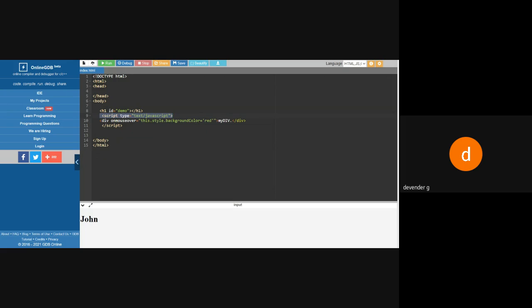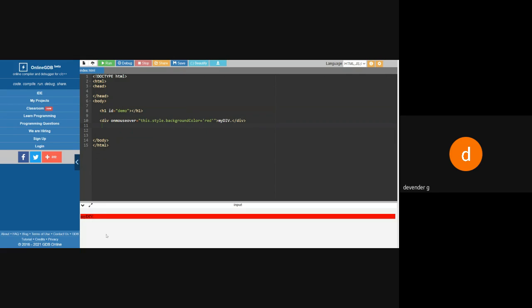When I'm using this dot style, if I'm using the this keyword followed by any function, then there is no need to write the script tag. Wherever you find this dot something followed by a function name, simply remember that we need not write the script tag. Whenever I go over it, I got the red color. Okay.